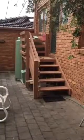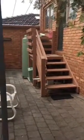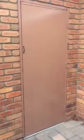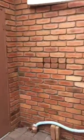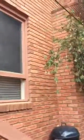Further steps, now those steps lead back into the laundry. Also got the washing line here as well, and as noted from inside the garage, there's the door providing access to the front, so you can walk all the way around the external of this block. Further rainwater storage tank here. So yeah, look, just to give you a bit of an outlook here, as you can see, in terms of